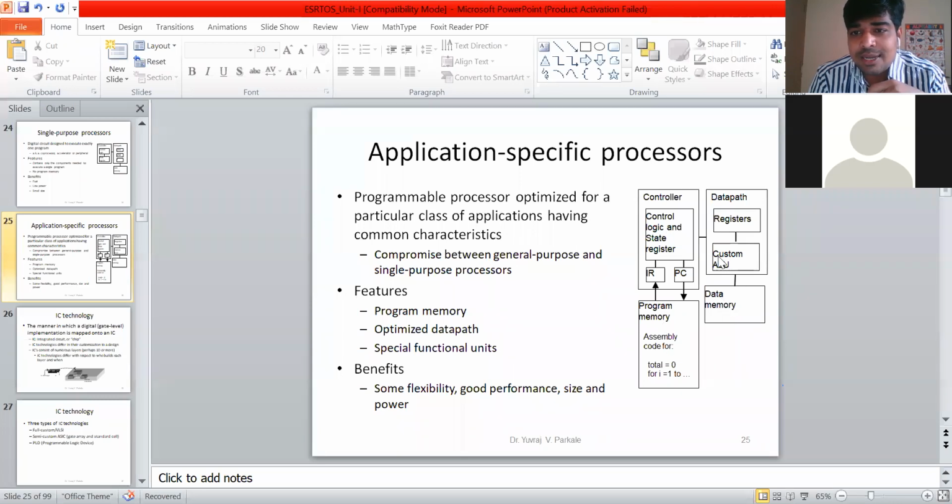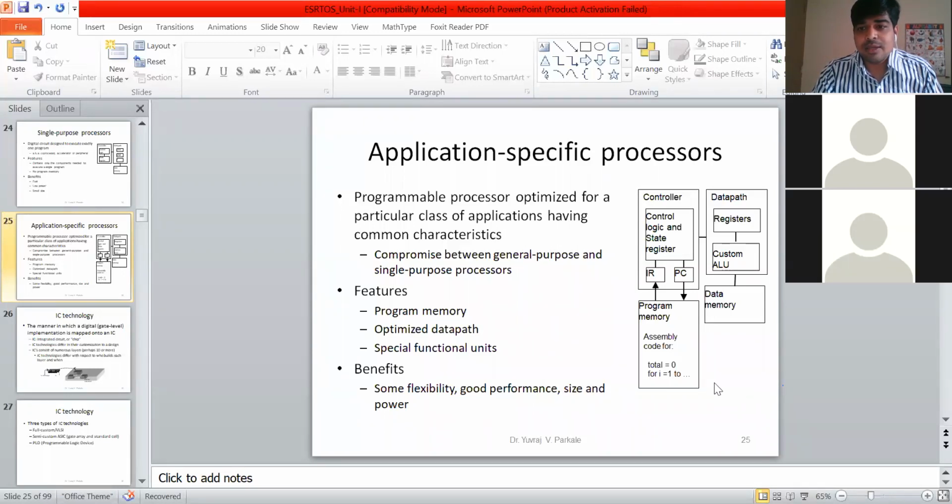Now let us understand the meaning of custom. What do you mean by custom? Everything depends on this particular word, custom. As per requirements, or as per specifications. So everything is specific.